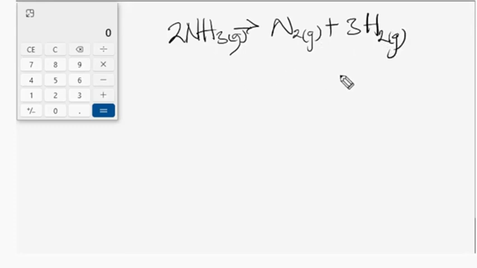So having gotten this equation of the reaction, we have to know their ratio, and that's 2:1:3. So guys, it means that when 2 molecules of this dissociates, will produce 1 molecule of this and then 3